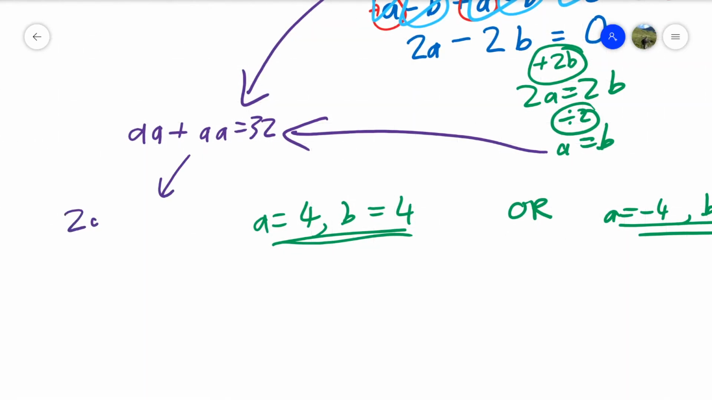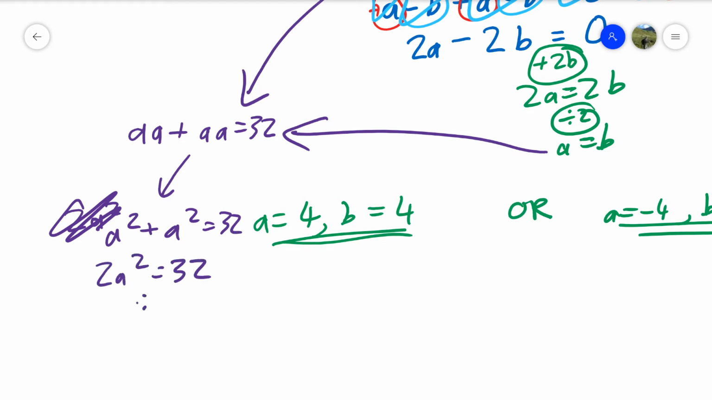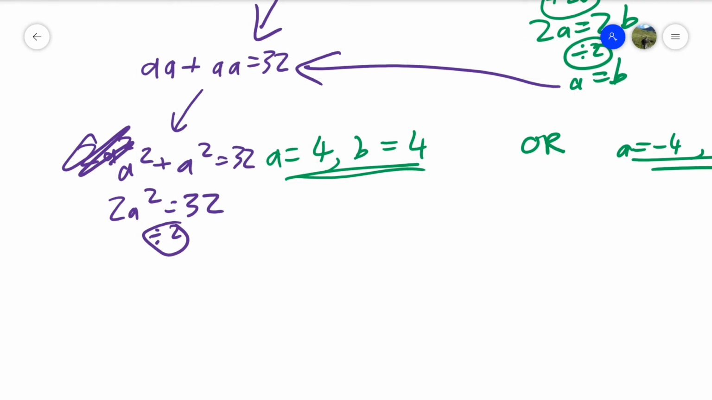So let's work from there. That means that 2a squared, are we happy? Let's just do this a bit slower. A squared plus a squared, because remember a times a makes a squared. So that means that 2a squared equals 32. So now we divide by 2, which means that a squared equals 16. So if we square root both sides, a equals square root of 16, which equals 4 or